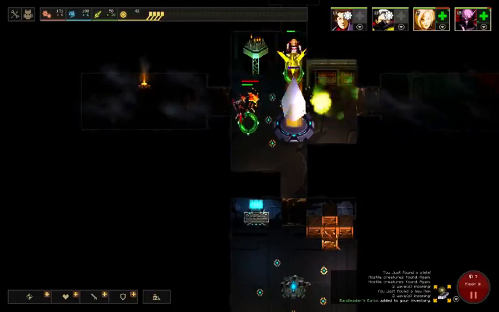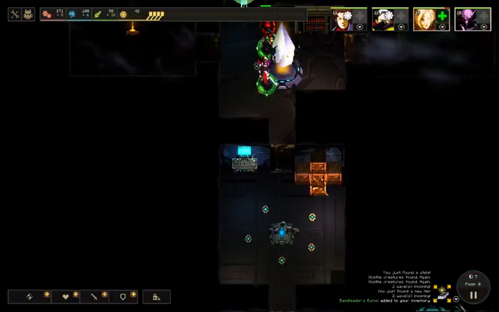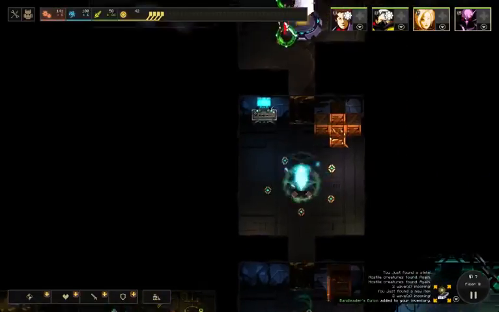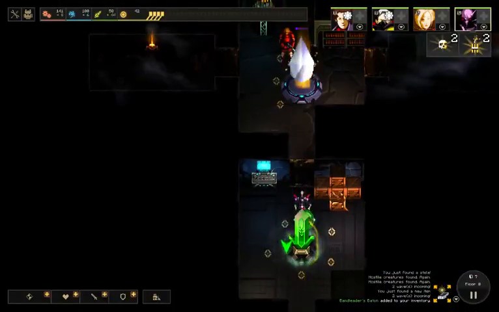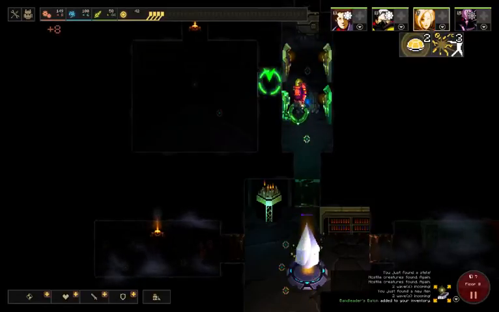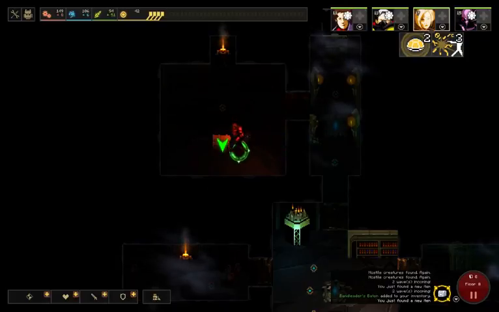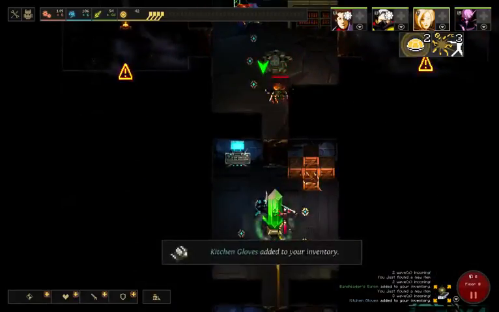I'm taking a fair degree of damage, but I think I can survive this without using any special abilities. So one of these things has run out, so I can get the last hero to work on it. Right now I'm really hoping for more dust so I can power the rest of these rooms. There's actually a lot of monsters that are spawning, but...